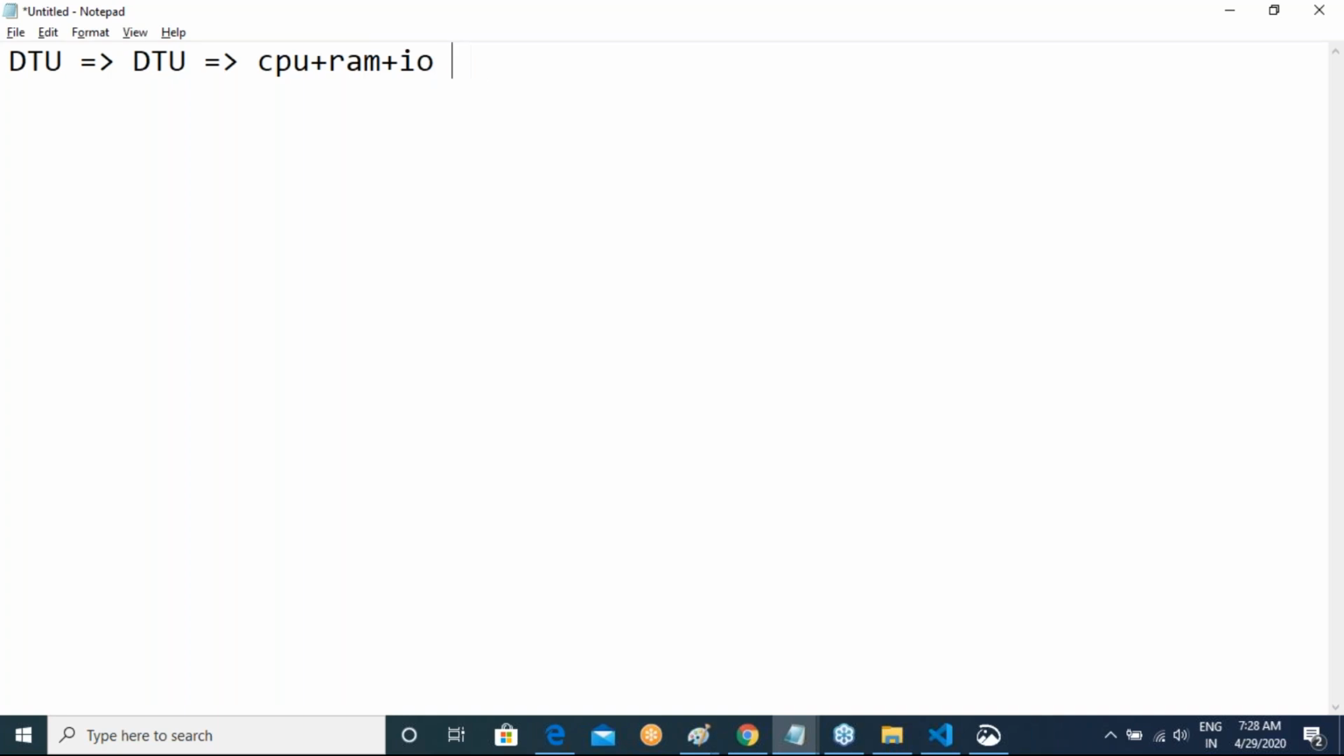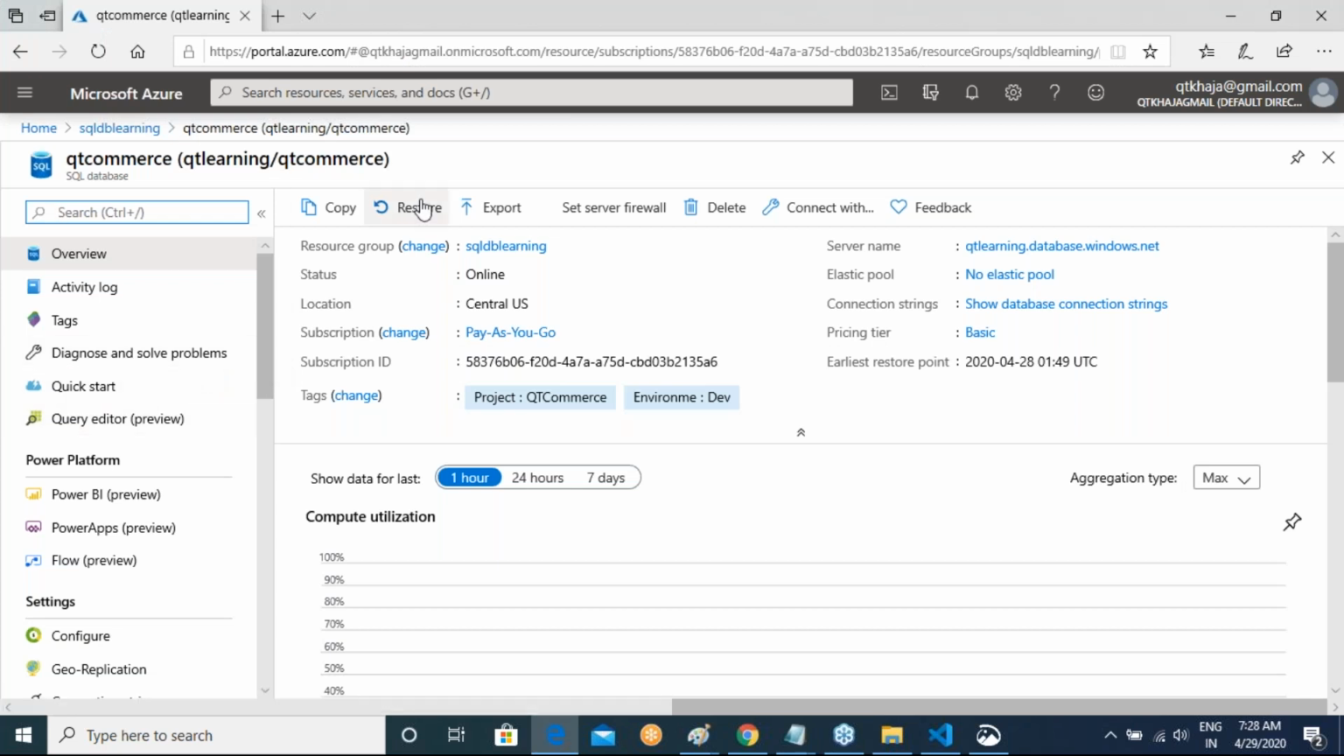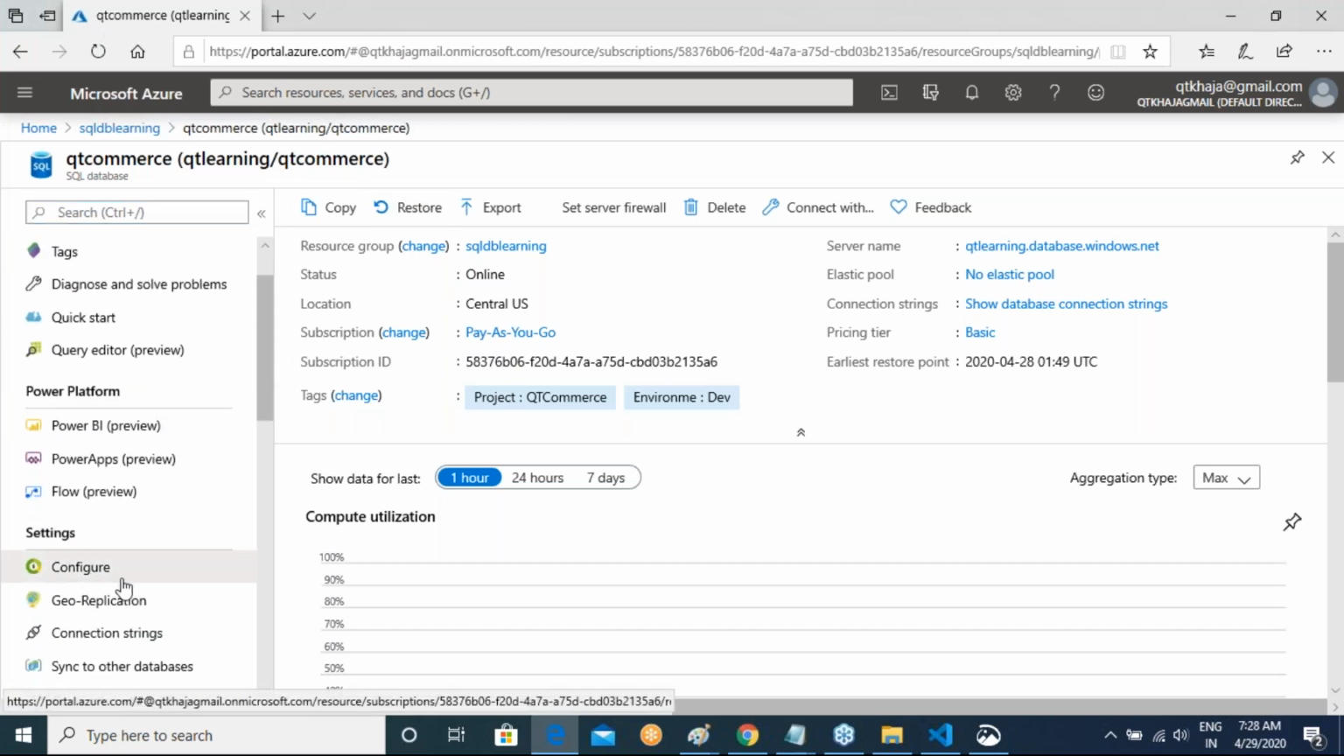If you increase DTU, your database will become more effective, right? This was the term which Microsoft started, and even today when we have created the stuff, we have used DTUs. So, for example, if you use the databases which we have used over here,